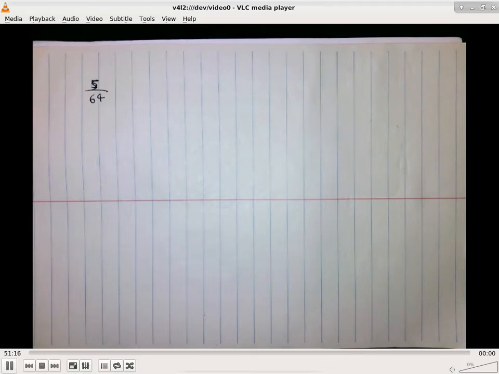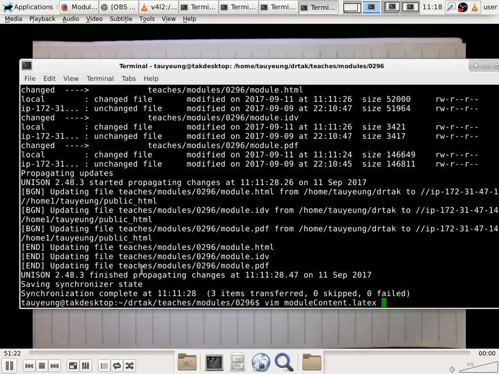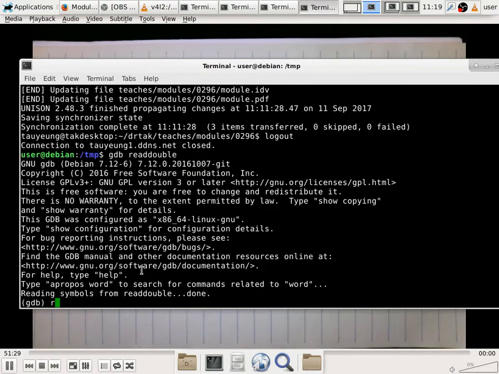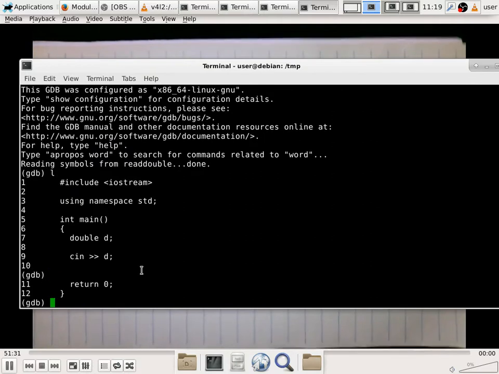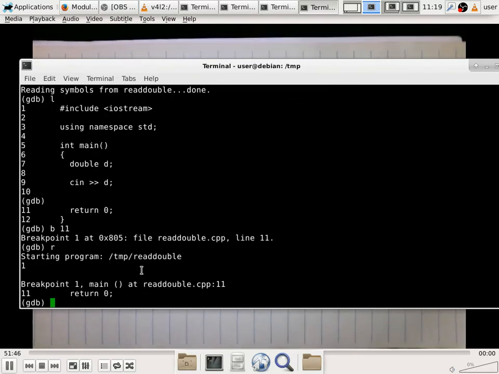Now, if you want to shortcut everything and just know the answer, I can show you how to use GDB to do it. So let's go back to GDB. This is my own computer. Put a breakpoint on line 11, run the program, give it anything. We can give it exactly that, but I don't know exactly how to express 5 divided by 64 manually, so I'm just going to give it something. And then over here,